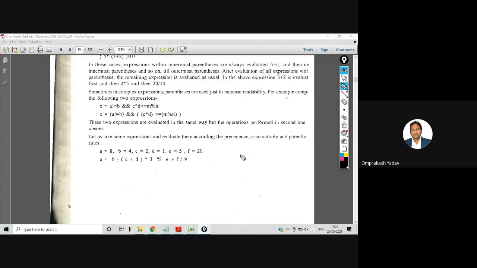If we talk about arithmetic operations, there is division, the mod sign, and multiplication. These three operators are on the same precedence level, and they have higher precedence in comparison to plus and minus. Plus and minus have lower precedence. So division, mod, and multiplication have higher precedence on the same level, and plus and minus lower precedence. What about the associativity? Associativity is from left to right.